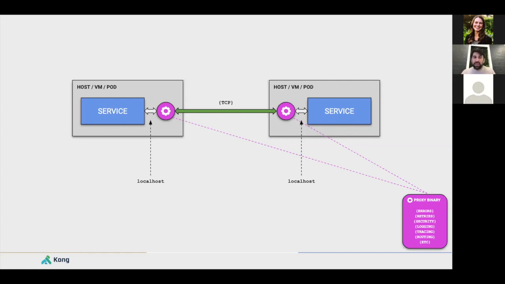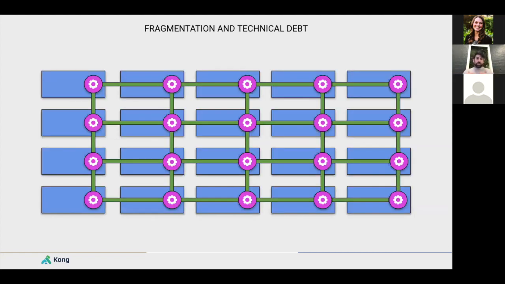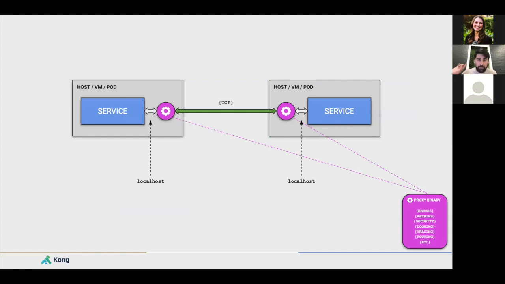It's really worth it if this entire thing does not add too much latency. At the end of the day, we're going to be having a new hop in the network because we have this proxy. And so if the latency is too high, then this is not gonna work. So with a proxy binary alongside our applications, before I actually jump on that, I want to keep focusing on the latency part. I forgot one thing. Because the latency shouldn't be high, and we should always try to reduce it,